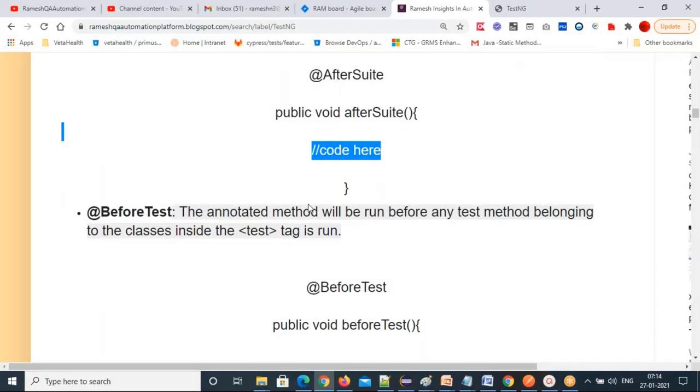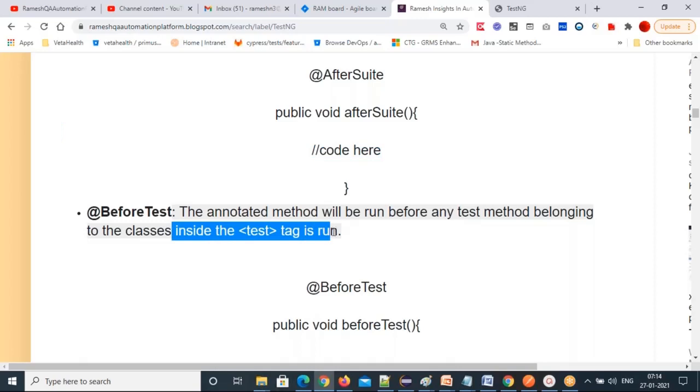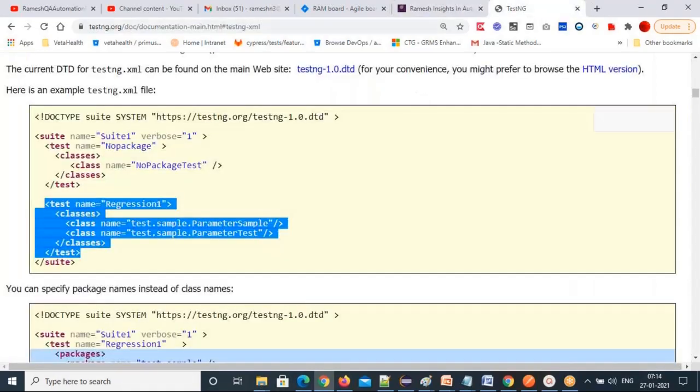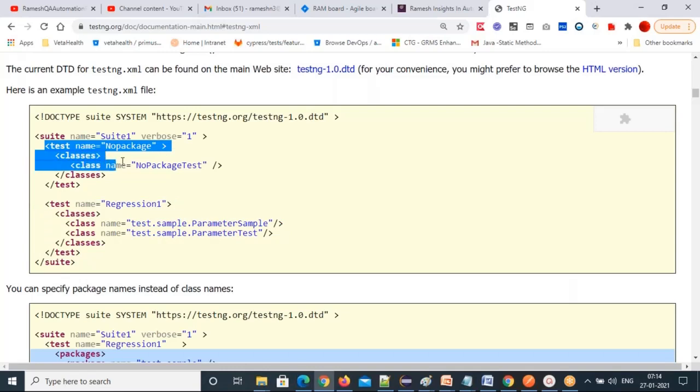This annotated method will be run before any test method belonging to the classes inside the test tag is run. See that? This test tag's related before test code will execute.